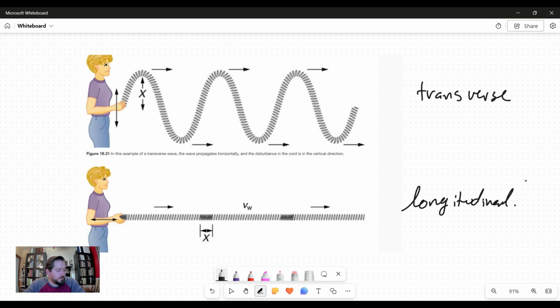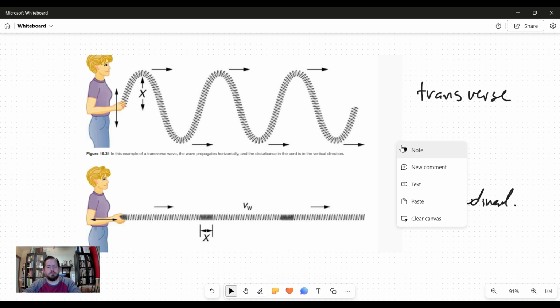Music, our transverse waves, as the strings of a violin or a guitar get strummed or a rosined-up bow is dragged across. They wiggle back and forth in a transverse way. Longitudinal waves are things like earthquakes, which have both, but you'll see these longitudinal waves in earthquakes and other things. But anyway,